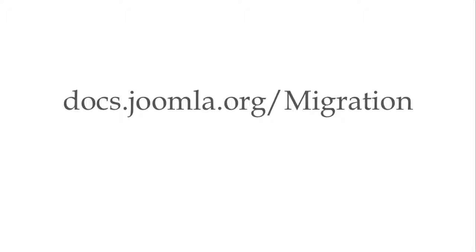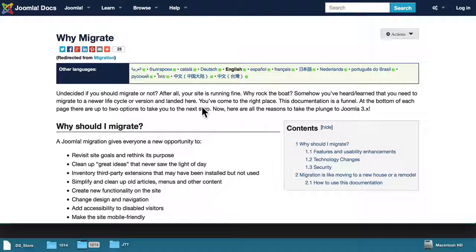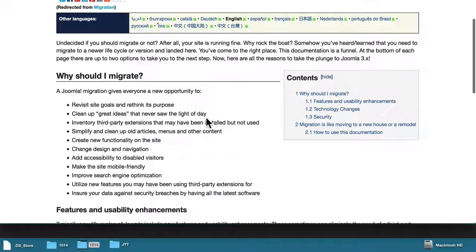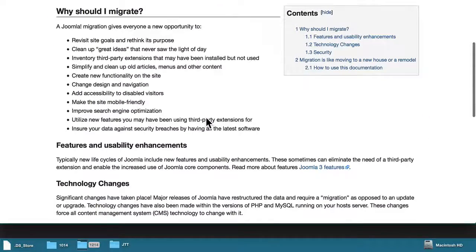We're going to head off to the Joomla documentation site and look at this page, docs.joomla.org/migration, with a page called Why Migrate. And if you're having any doubts about this process, reading through this page will give you the incentive to go forward. The opportunity, I just love the author of the Joomla documentation has really promoted this